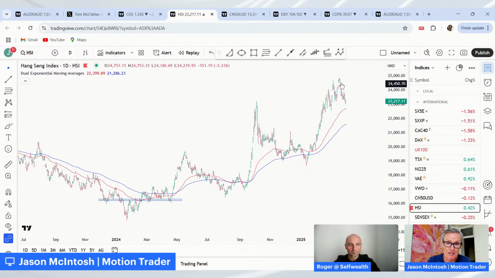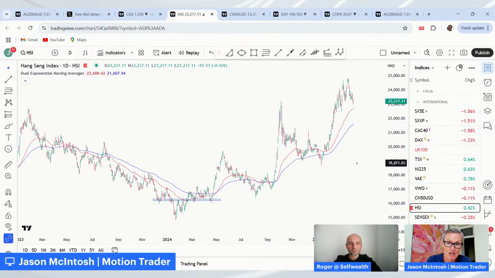It looks like there's interest in buying the dip because it's taking its time pulling back. There's not a rush to quickly lock in a profit, and it's more a case of a grinding move back, which is often due to there being bids below the market as it pulls back. So if I was long the Hong Kong market, I'd be happy to stay long the Hong Kong market.